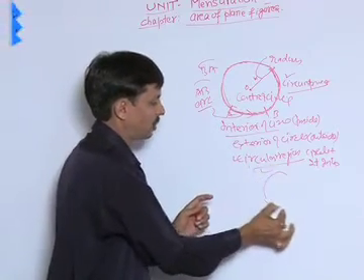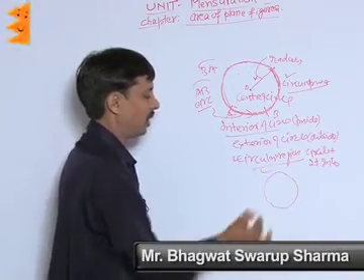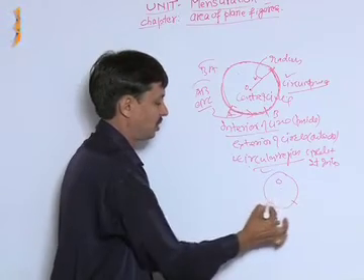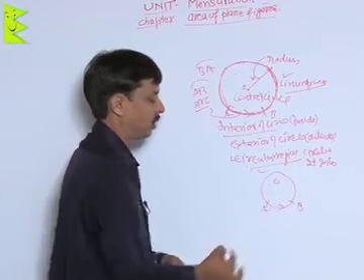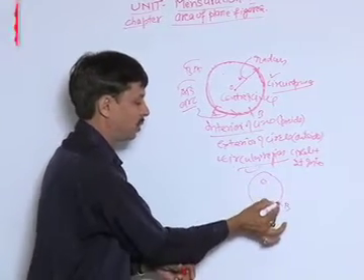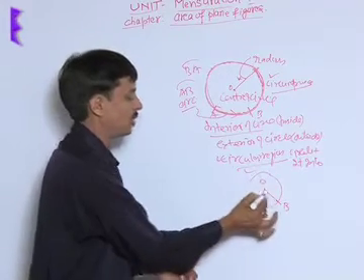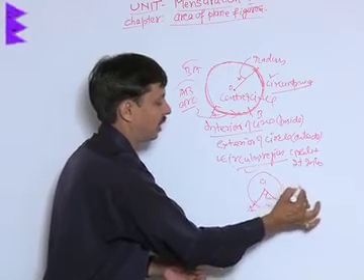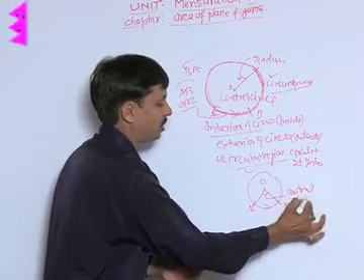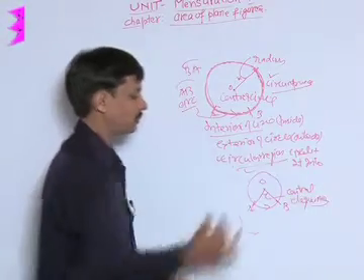I am drawing one more circle here in order to explain. The center is O. This is an arc AB taken in the anti-clockwise direction. If the end points of the arc are joined to the center, this part is known as the central angle, or we say it is the degree measure.